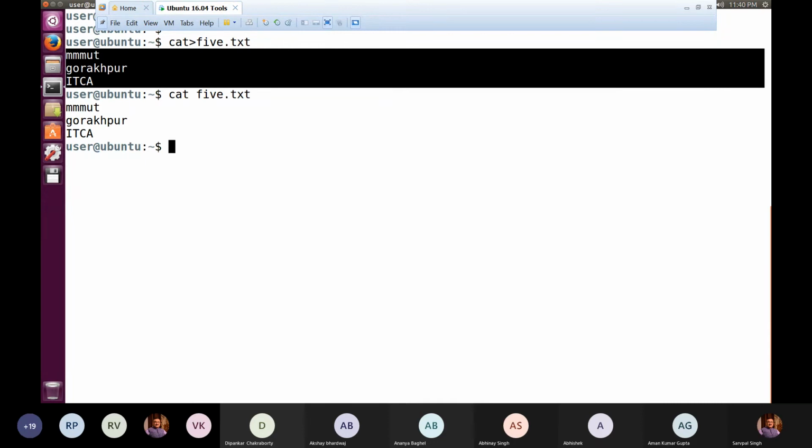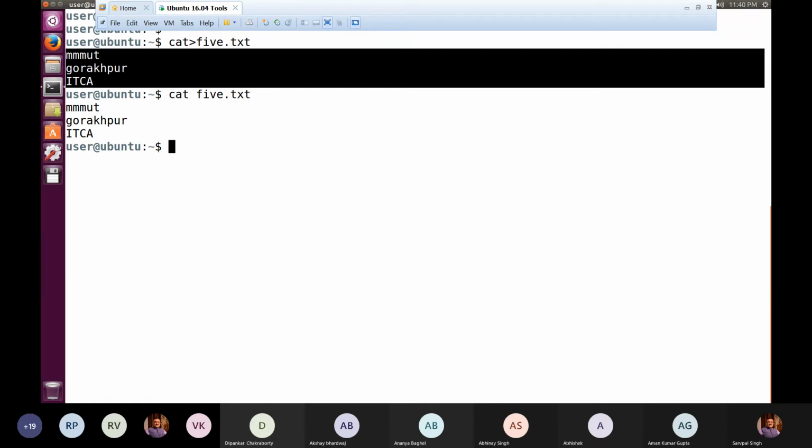But when we do not give any argument as a file name after the cat command, it assumes that it's an input file. Because of that, it gives you an opportunity to type an input file. So you keep typing the content, and once you feel that the contents are over and the input file is complete, you have to press Control D. When you press Control D, it's an end of file signal.